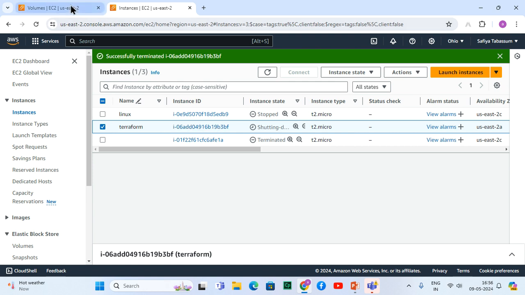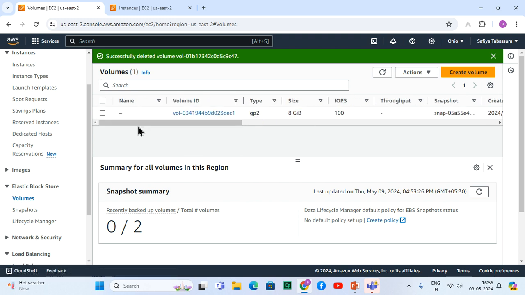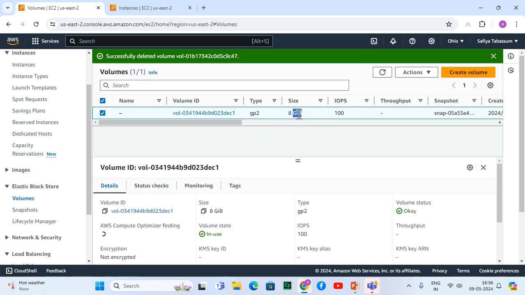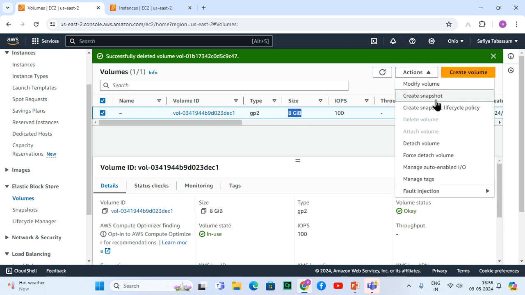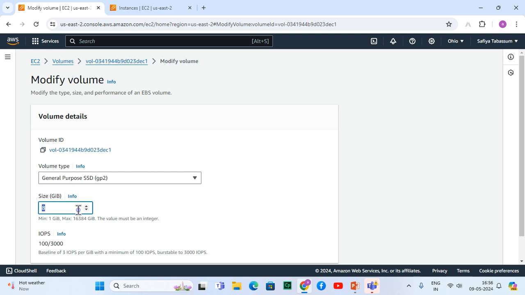How many hard disks are there? How many volumes? Only one volume. If a customer says I want to attach one more volume, or I want an extension of this size, I want two disks, right? If you want to modify the existing disk, you can choose Modify Volume under Actions and say I want 12.